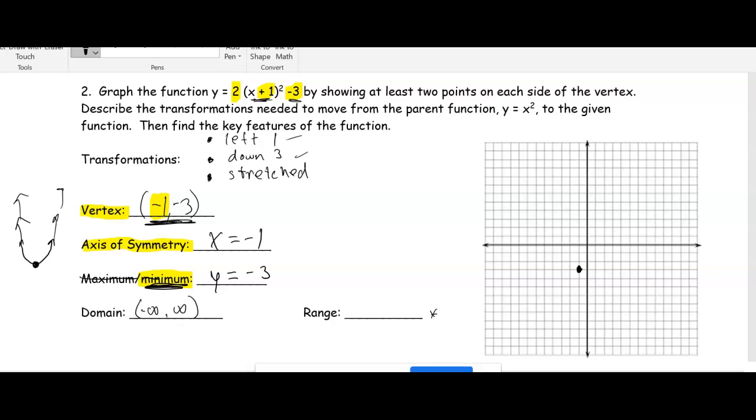And then what I'm going to do, let me draw the axis of symmetry in right away. Because if I can now get a point directly on the right, all I got to do is flip that around that line and I get another point on the left. So we would take this equation, or if you have your calculator, know how to use that, and this will fill in your table for you. It makes this nice. But what I'm going to pick is, if this is the x value of -1, I'm going to pick the x value of 0, and I'm going to plug that